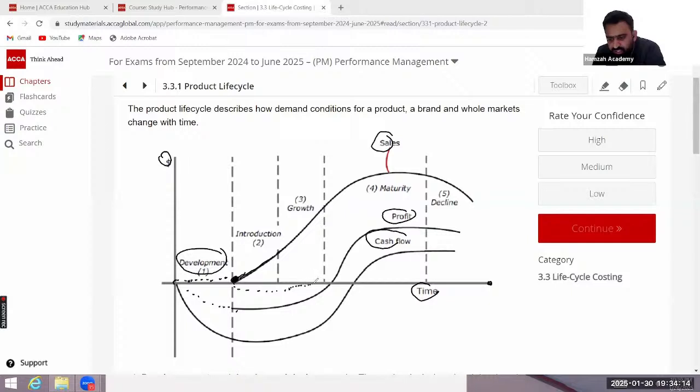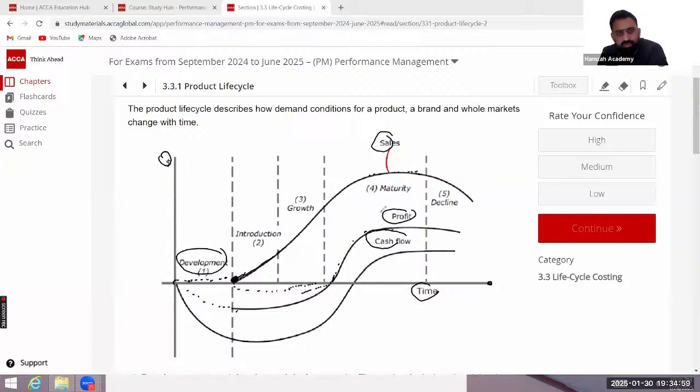Then after introduction, you will enter in a growth. Now, in a growth, initially you will be having a loss because in a growth, revenues are increasing rapidly. But to support the growth, you have to do more advertisement. You have to do more research, more innovation. So there will be more expenditure. But then there will be a time when the losses will start to recover, and at some time in growth, before the maturity, you will enter in a profitability area where your total revenue starts to exceed the total cost. And after that, you have a huge profitability till the product becomes mature in the market, where the